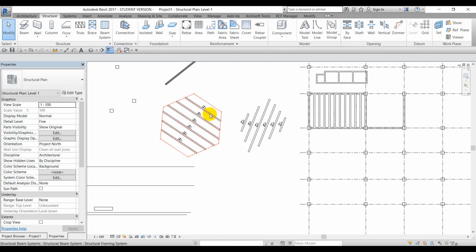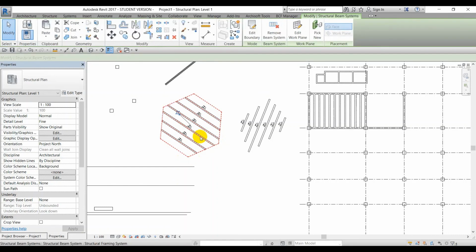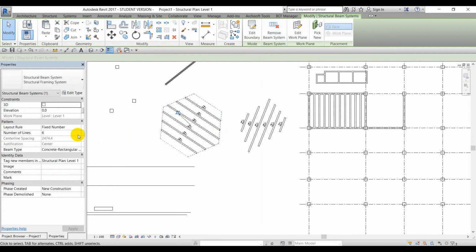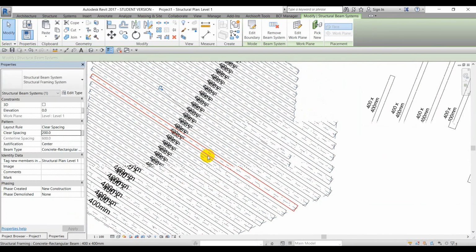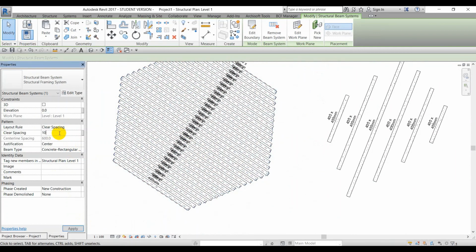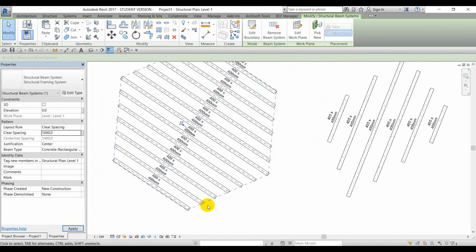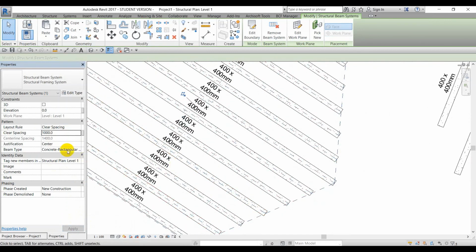This one, we have the beam system, then you can easily edit. After you edit, if you want to control individual beams, you just remove the beam system. In here, you still can change. If you want to control the clearance also, you can just change the clearance spacing. Then you can just put 200, and based on the spacing, they will adjust accordingly. This one is quite tight already. Then I can just make the distance in between the beams 1 meter, something like this. Okay, so